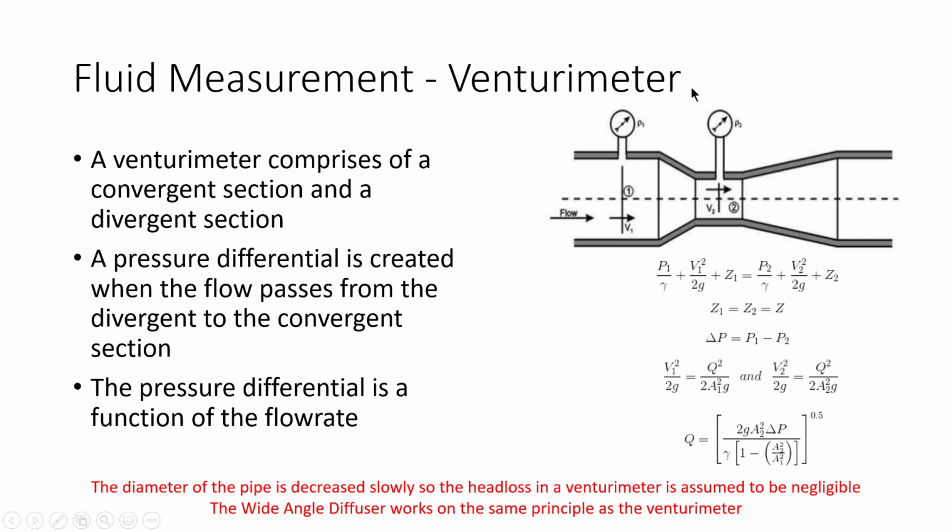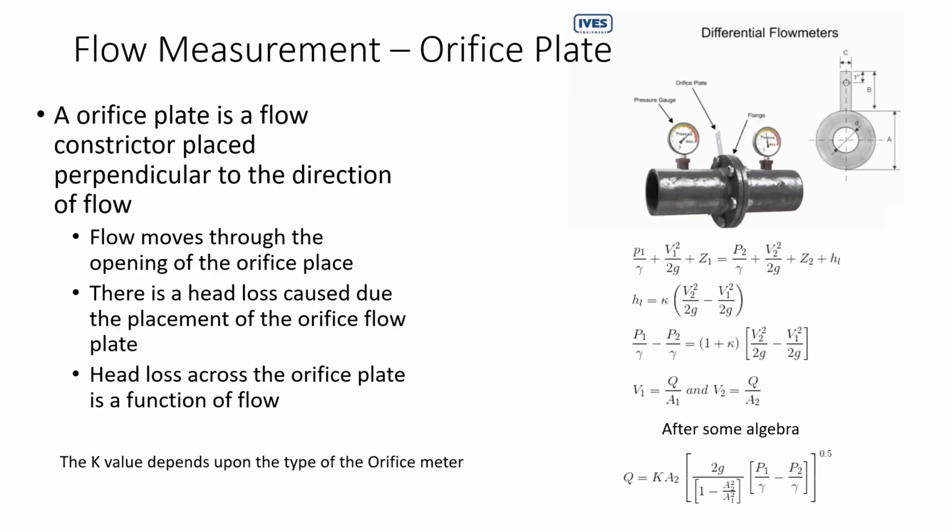So by measuring pressure heads, or the P over gamma terms, before and after the water enters and exits the Venturimeter, and knowing the cross-sectional areas, we can calculate our flow rate. So this is one indirect way of measuring flow rates. So Venturimeter and wide-angle diffusers are two essentially very similar instruments, or a very similar apparatus, that we can put inside the pipe or modify the pipe and make flow calculations really quick from the knowledge of Bernoulli's equation and continuity equation. The orifice plate is another